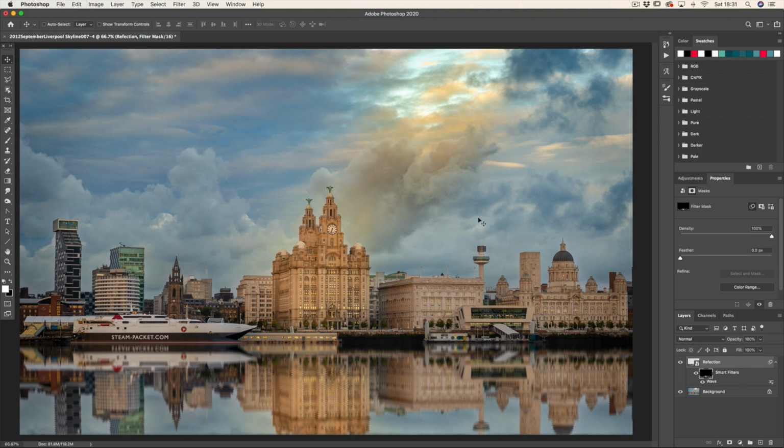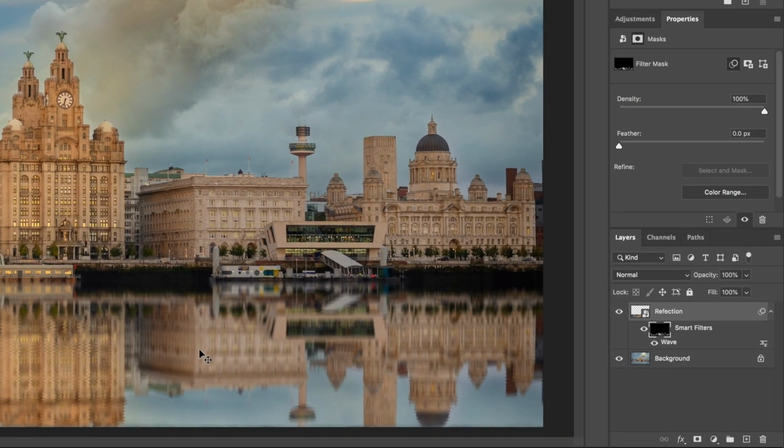Reflections are generally darker. And this is the same sort of luminosity, if you like, as what's above. And of course it's going to be, because I actually flipped the image, didn't I? So I want this to be darker. So what I'm going to do is make sure, again, we're still on this reflection layer,